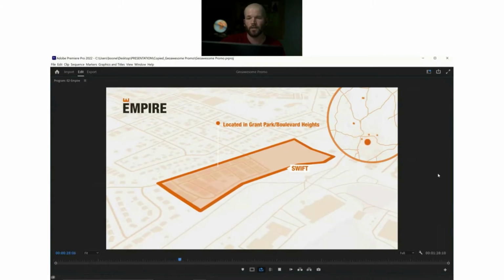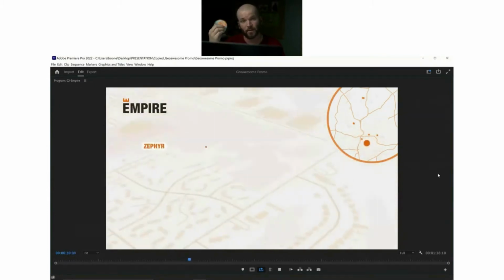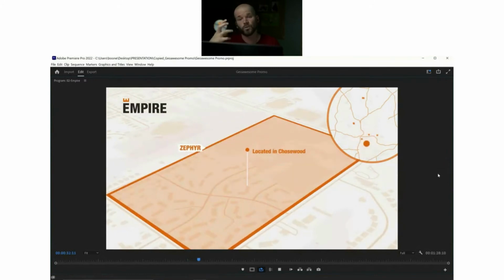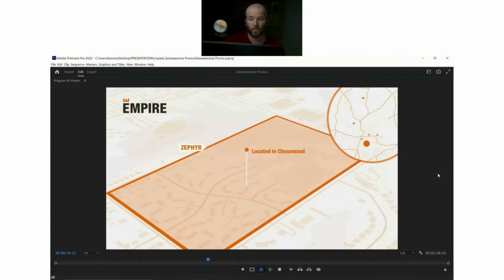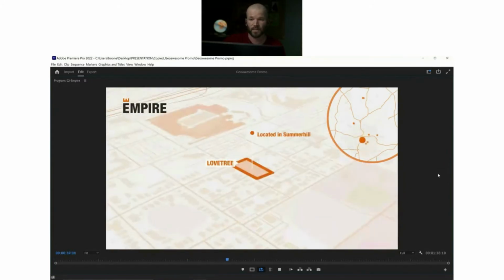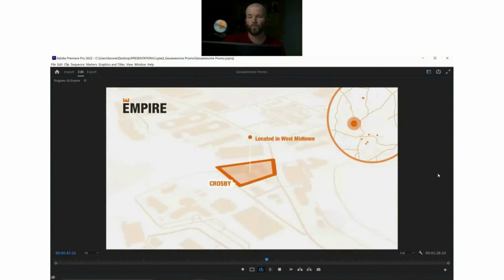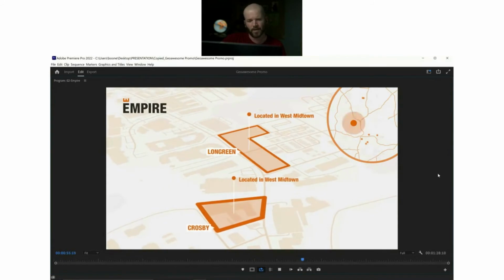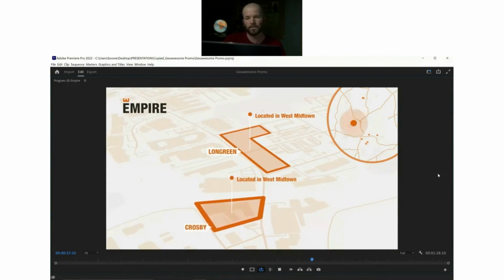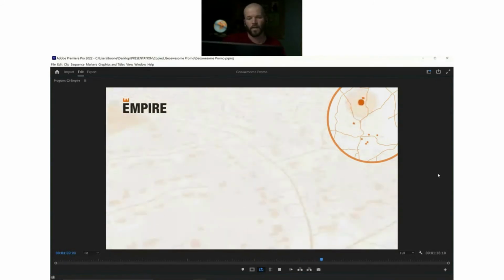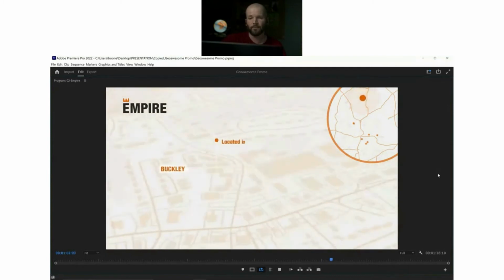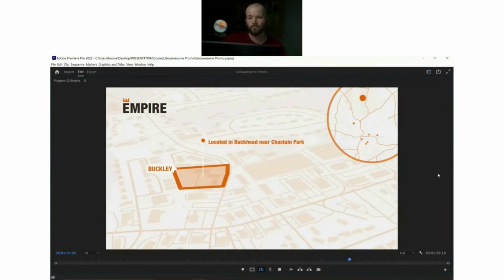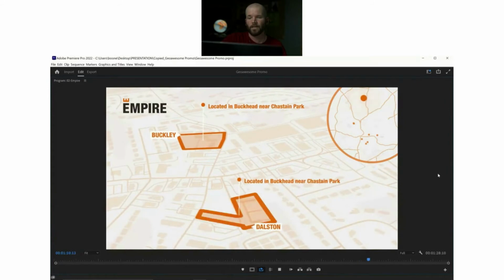GeoLayers has a partnership with MapTiler, and MapTiler has a lot of tools built into the program. So we were able to design it using some of those tools. I'm going to fast forward here. And what this map was for was, in their building, I guess Empire's HQ, they had this interactive kiosk, and this map would play. Let me fast forward here. And then at the end, it kind of zooms out